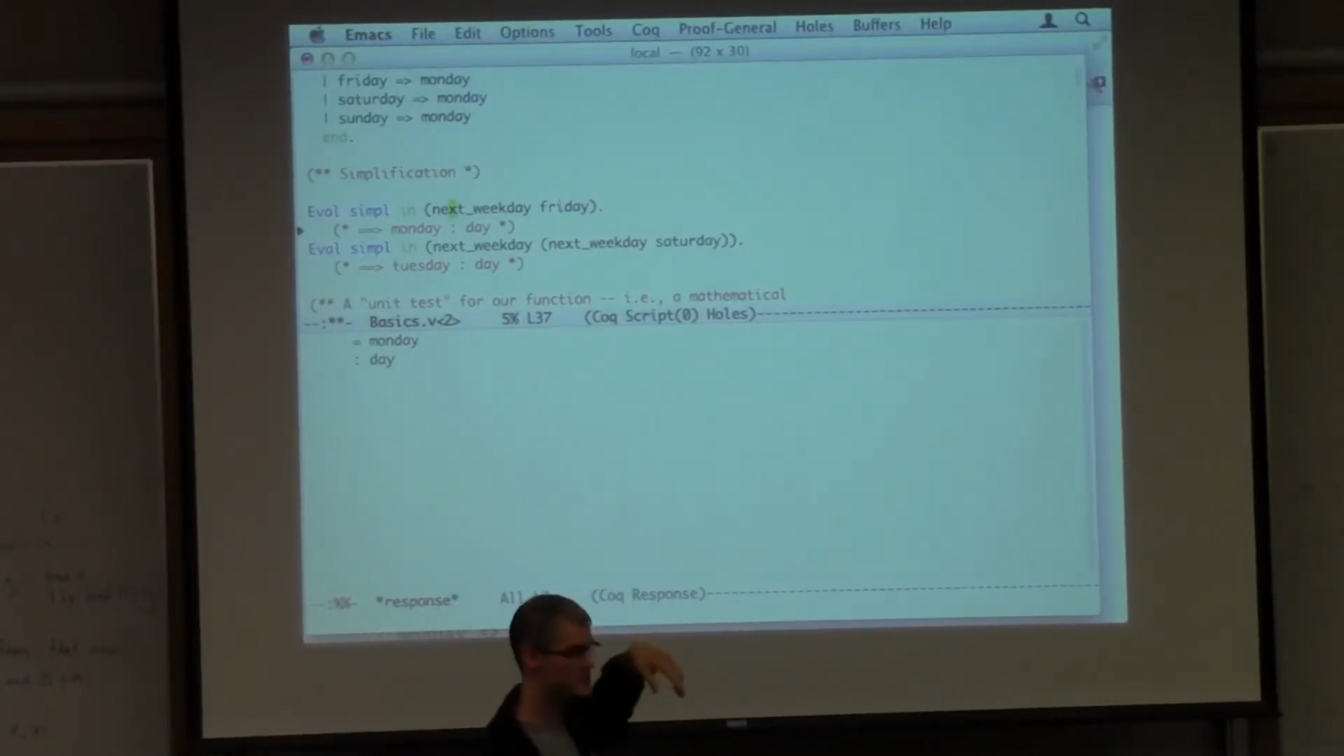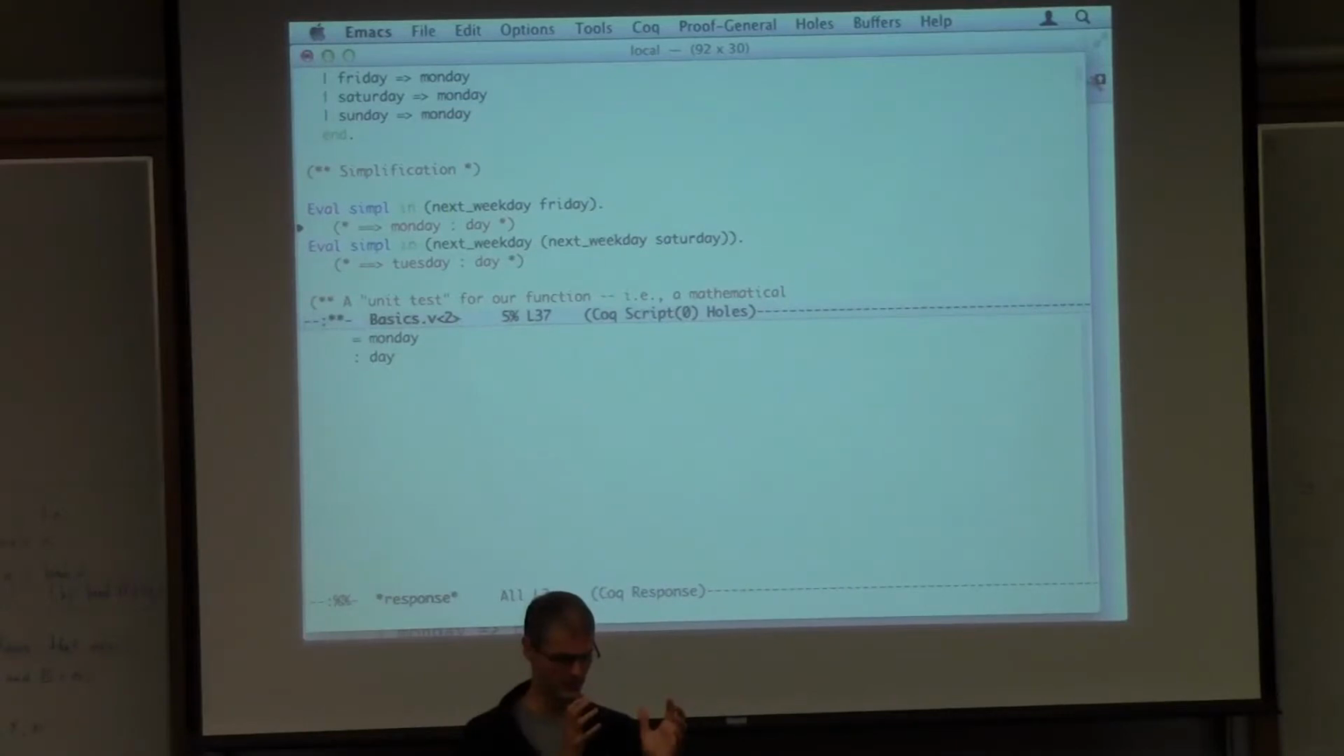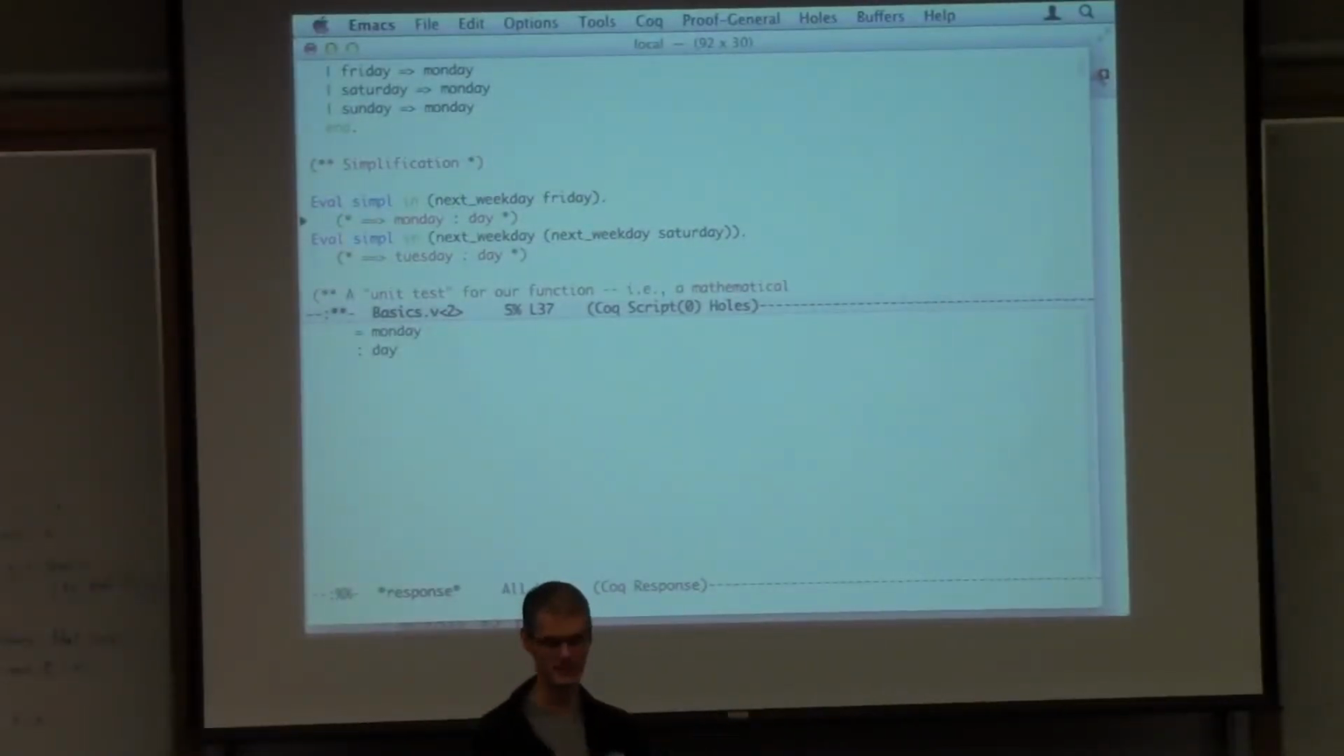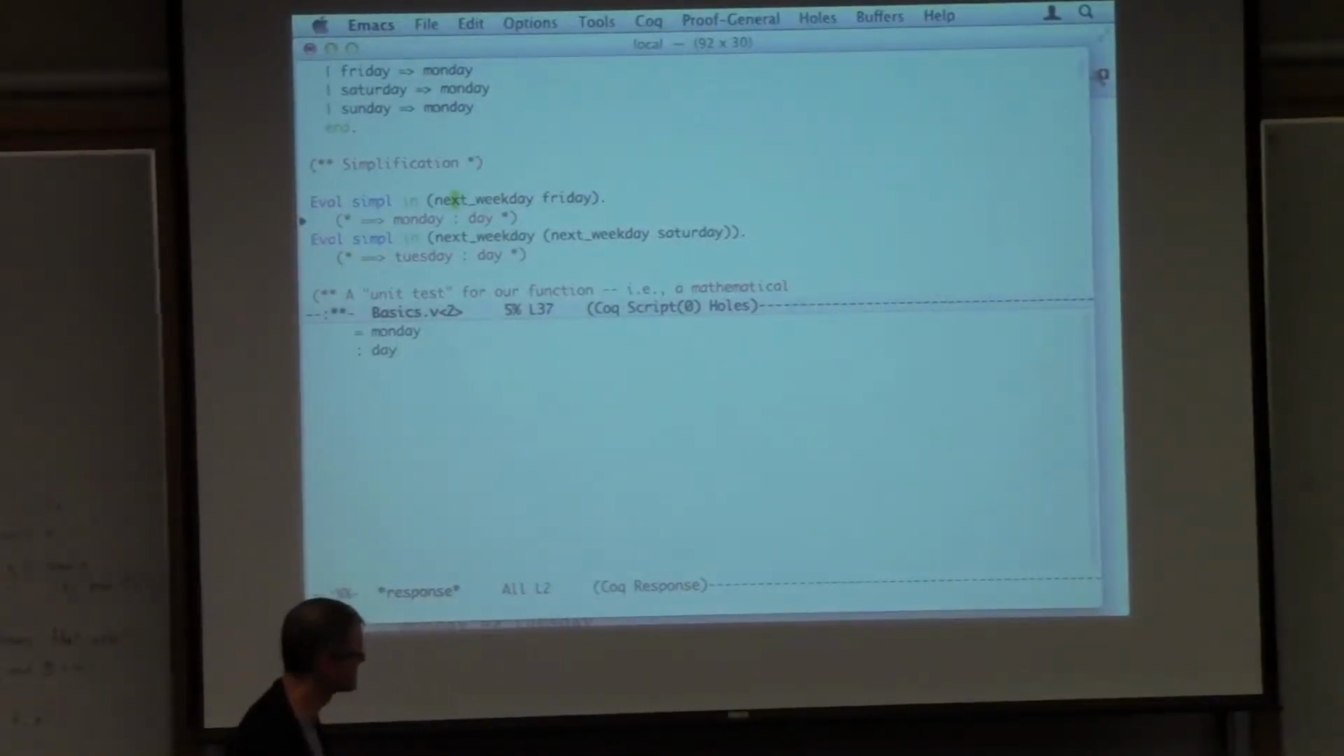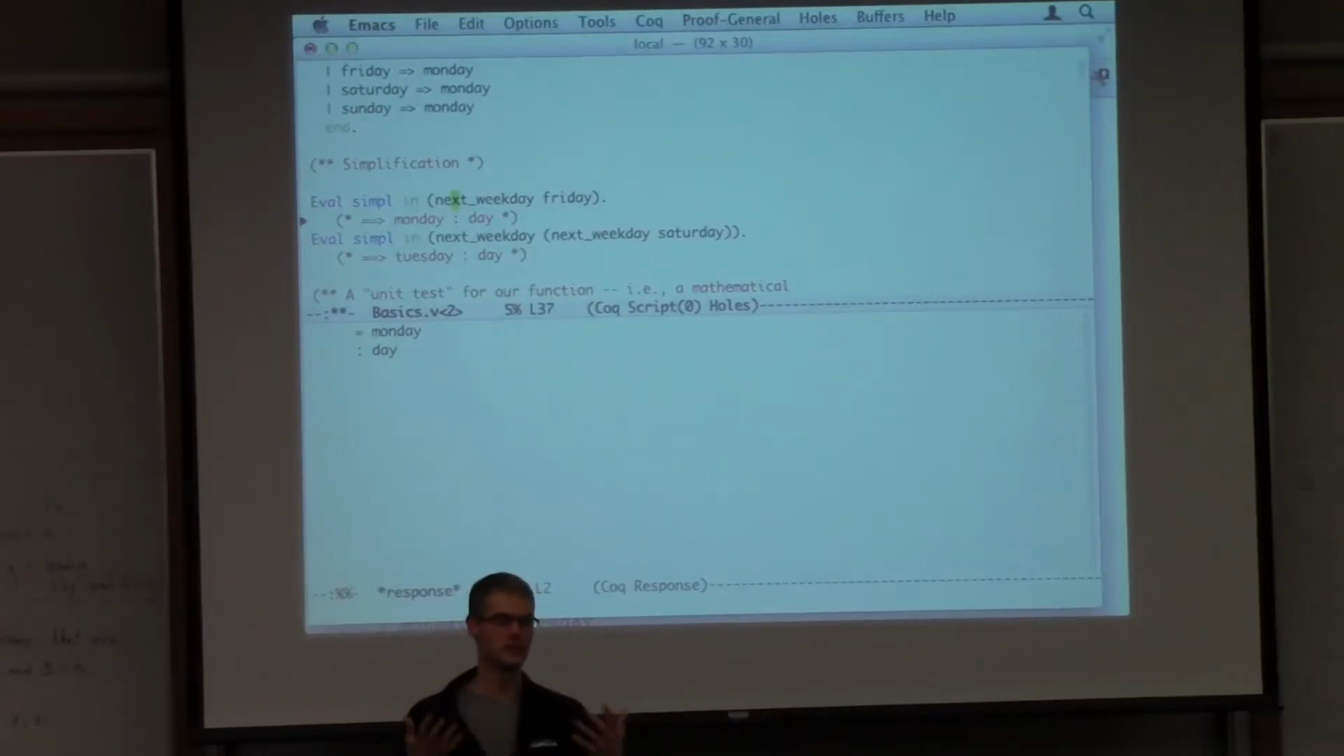Okay, so simple is the most used one. There are several others, so you can say eval compute in something, and that applies a different set of rules which basically work harder. So eval simple, despite its name, it actually isn't simple to explain exactly what it does, so I don't want to get into details, but it does the beta reduction steps that you would think, plus some unfolding definitions, like